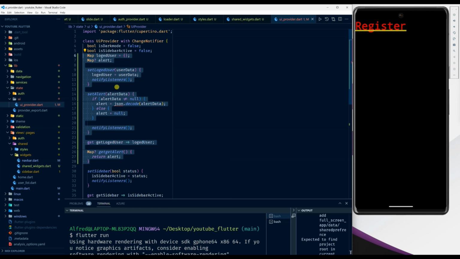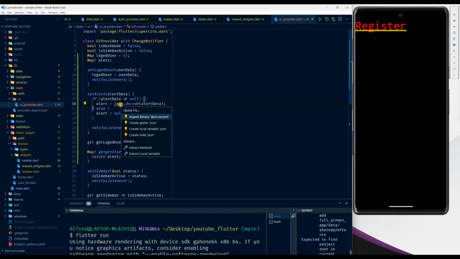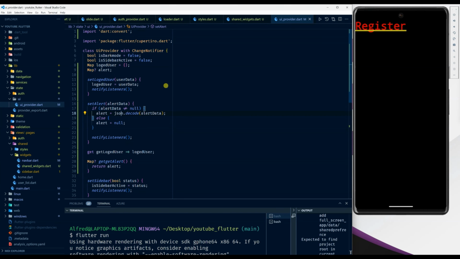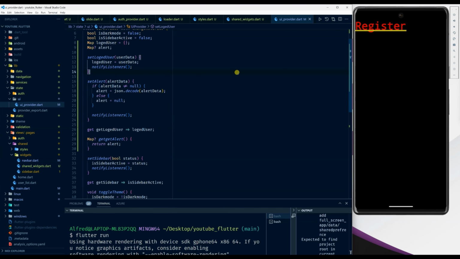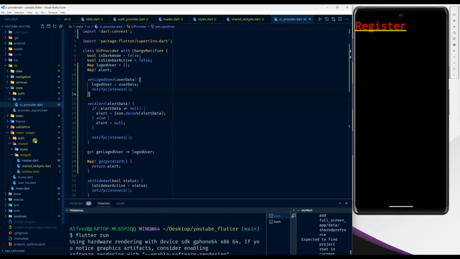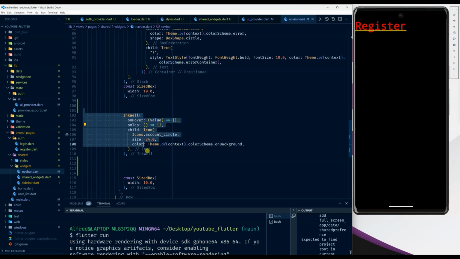It was already there, and I'm just going ahead and bringing in the .convert. All right. Okay, so after updating that class, what we want to do next is update, inside the pages, then widgets, then navbar. What I want to do is update this part here for navbar so that we can utilize the new changes that we have already done. Right, so I'll update that,